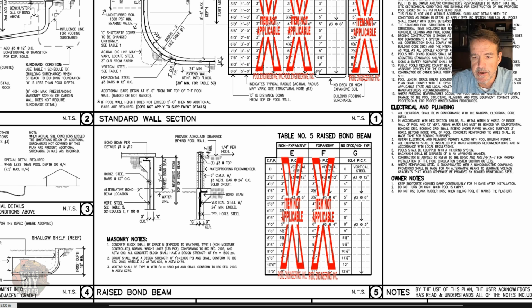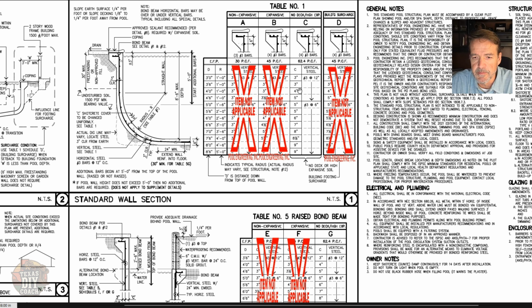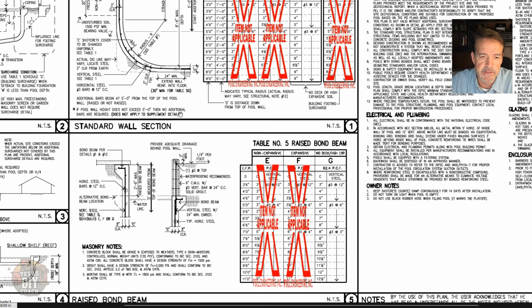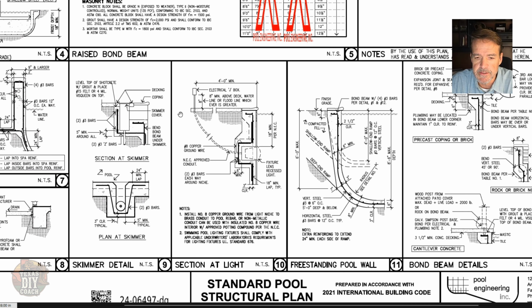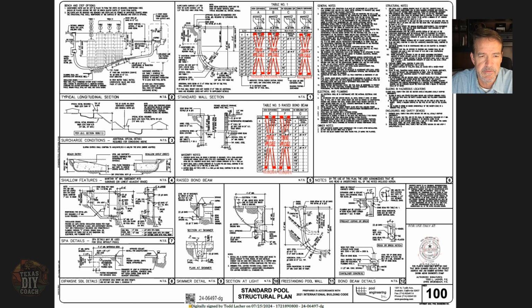You can see that they're calling for the type of steel, number 3. We actually upped it to number 4, and the spacing of the steel, minimum requirements. Number 4 grade steel is a 1/2 inch versus 3/8, I believe. And then all the construction of the steel. So